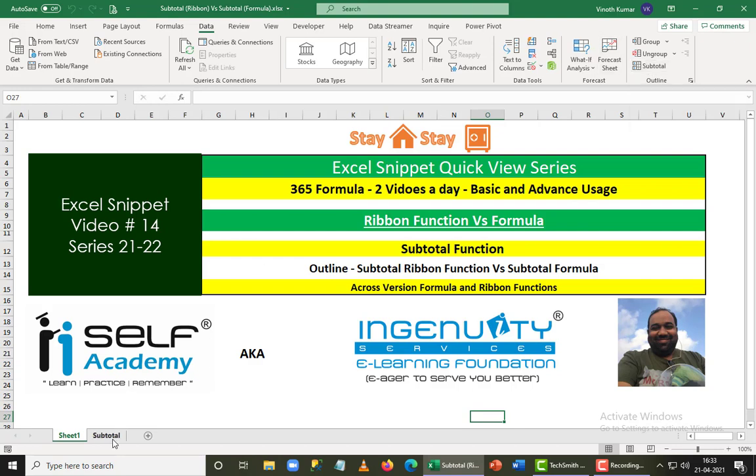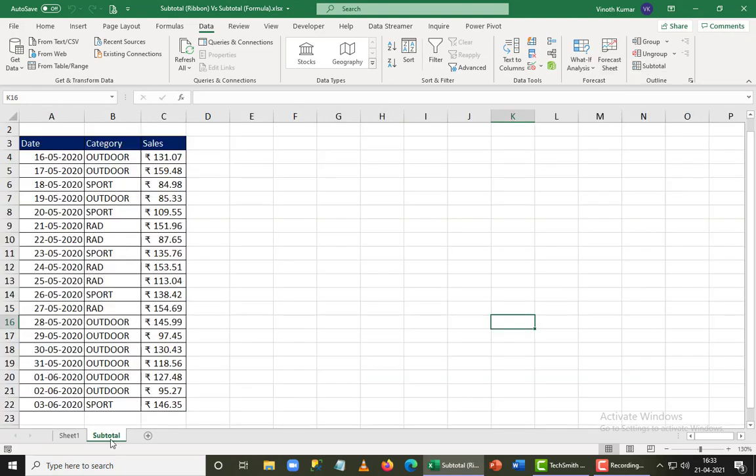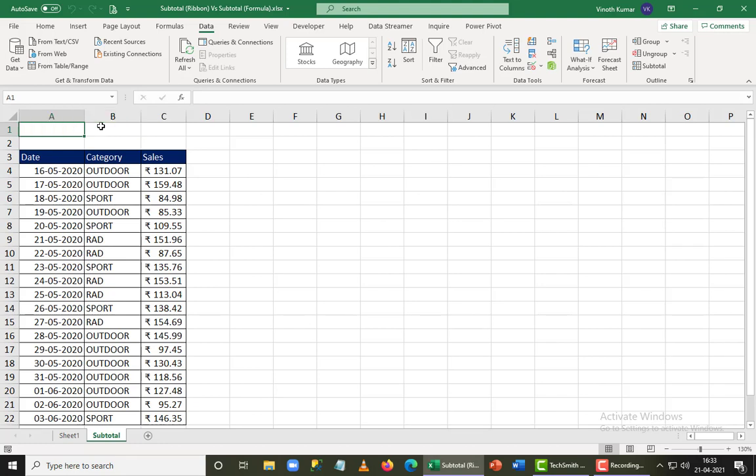So let's go for the formula. First, I'm trying to add a formula here. The subtotal function allows us to do things better, because if you're dealing with larger data, you would like to check whether your answers are right or wrong. For example, I'm trying to create a small list. So I want to say total category here. I'm going to copy the category here and paste it here. I want to just get the unique list of data here.